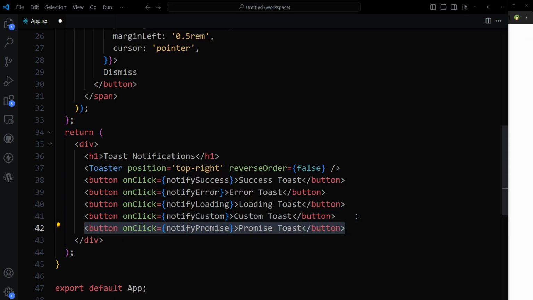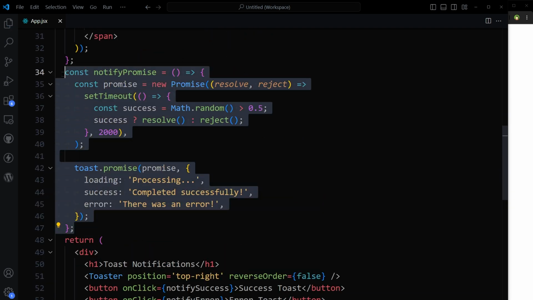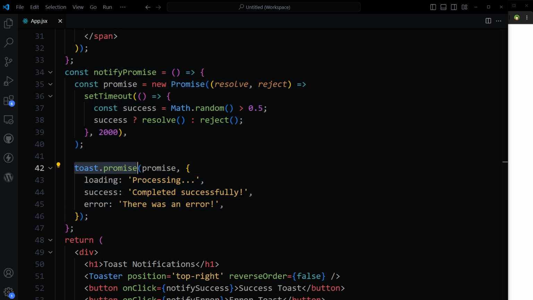Let's create a promise-based toast. I'm creating a function with the name notifyPromise. And here is that function, notifyPromise. React Hot Toast can handle asynchronous actions with visual feedback. That is a common scenario in many applications. The toast.promise function is used to manage notifications across the different states of an asynchronous process, such as loading, success,